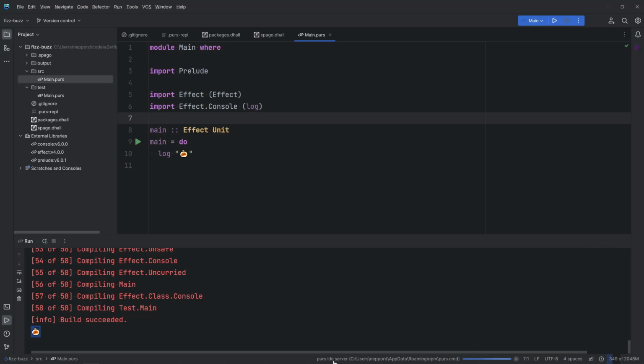We can see here at the bottom that it's running the compile server, which also has some other helping tools from Spargo, not Spargo, sorry, from the compiler, and it's working quite well. But as soon as you see Purs IDE errors, it's that program that has shown those things. Okay, so